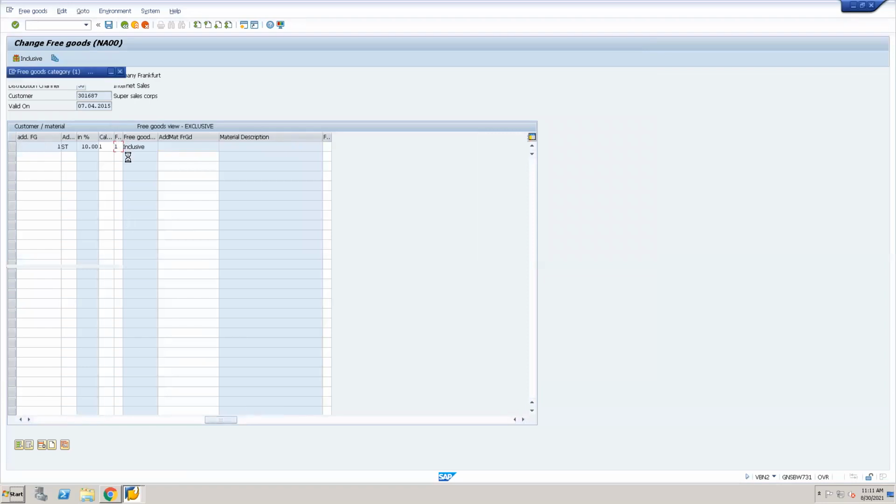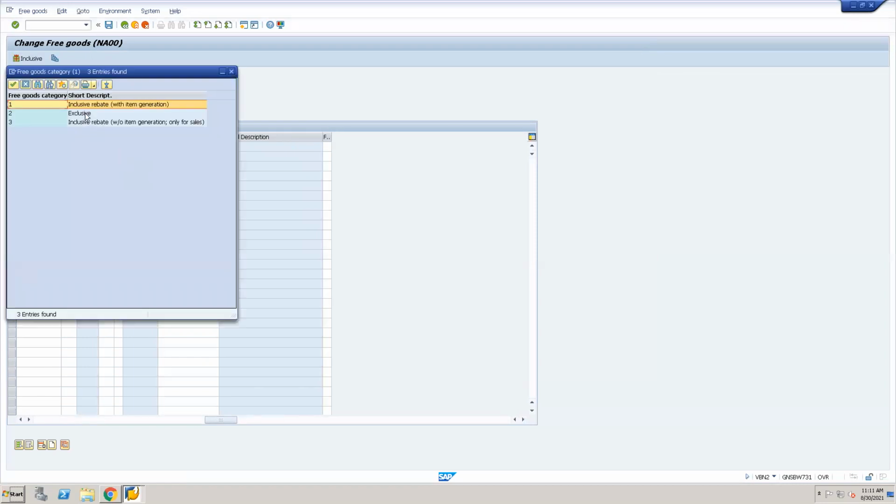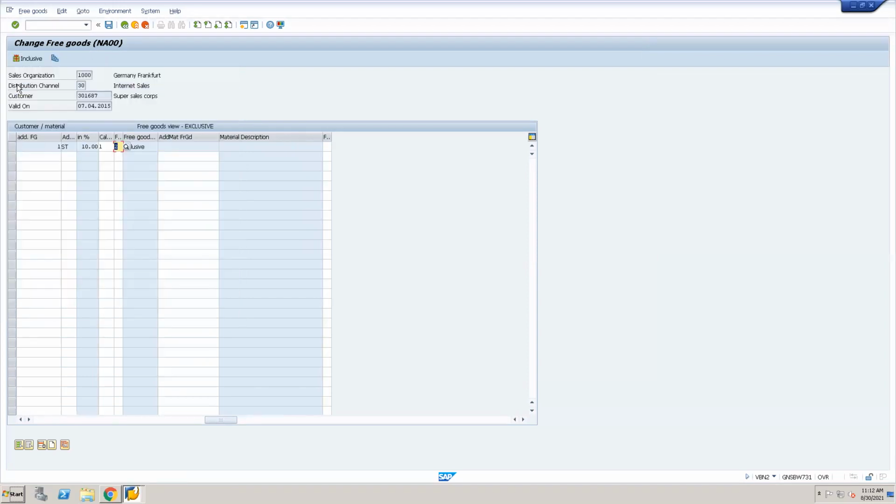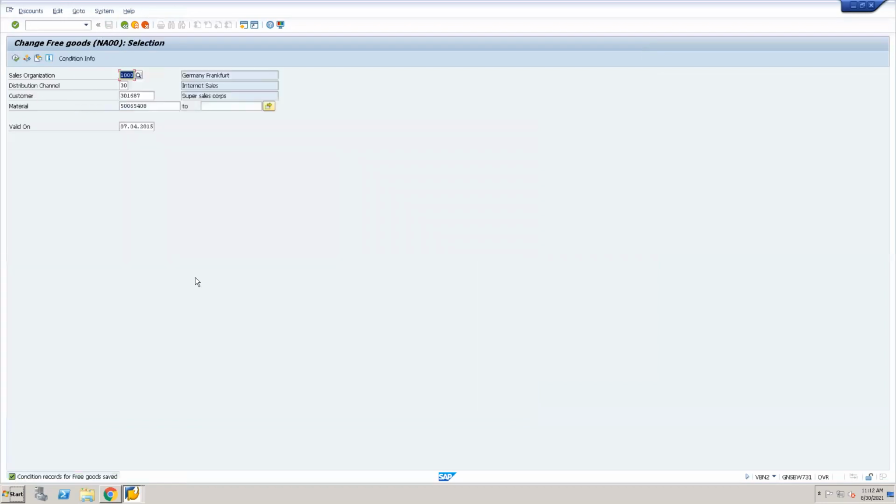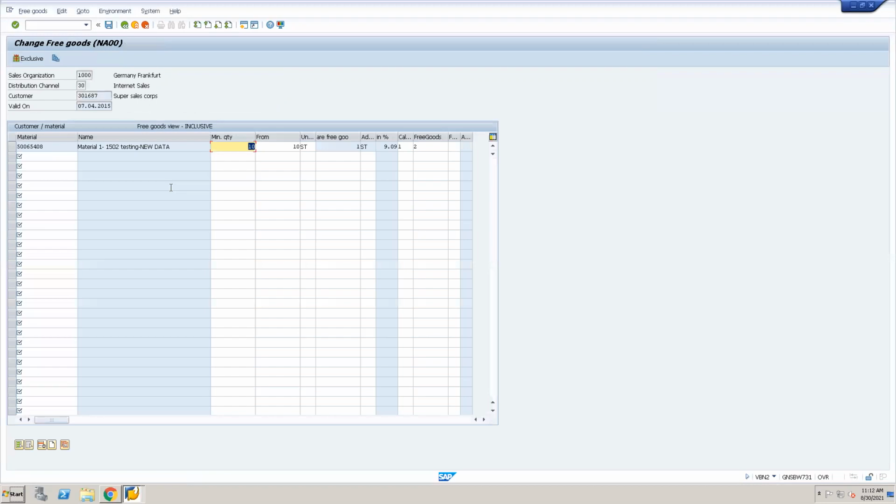Let's say the front one I'm showing you there. It's not accepting. Yes, it has accepted two.